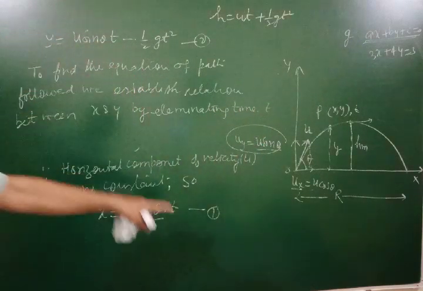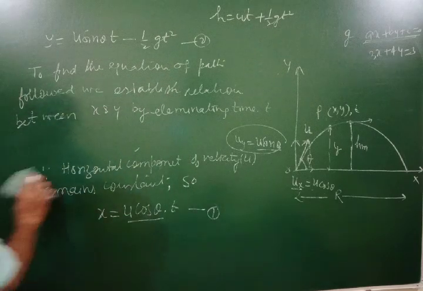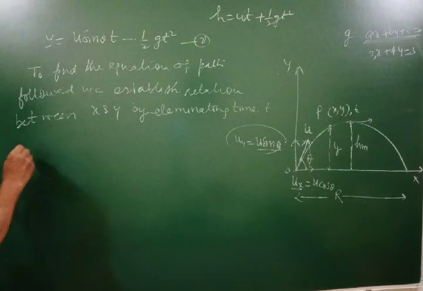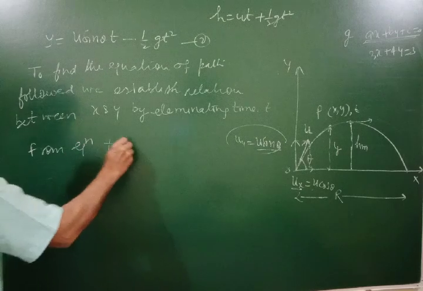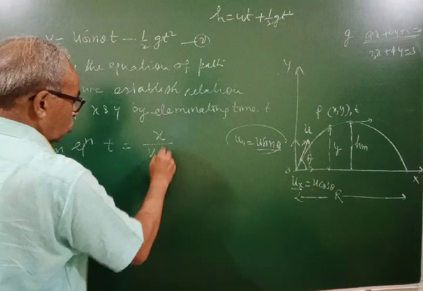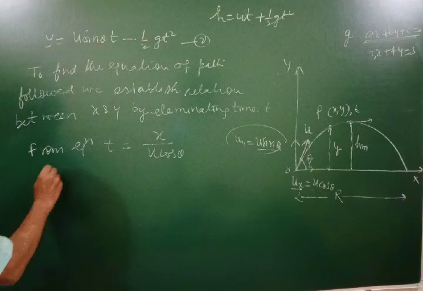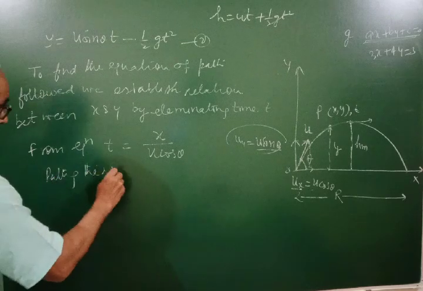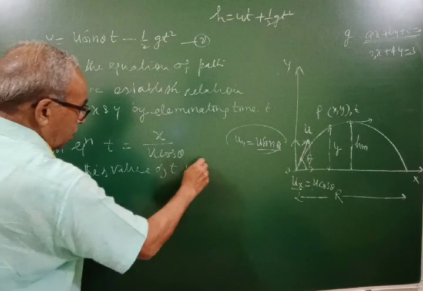So from equation 1 and 2 you have to eliminate time t to establish a relation between x and y. From equation 1, t is equal to x upon u cos theta. Putting this value of t in equation 2,